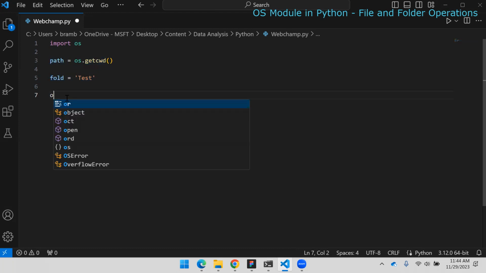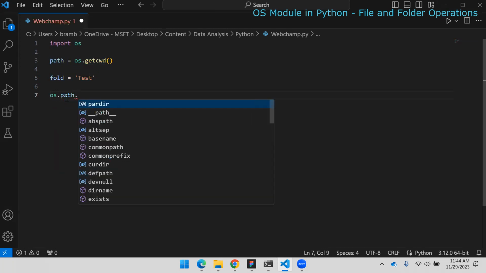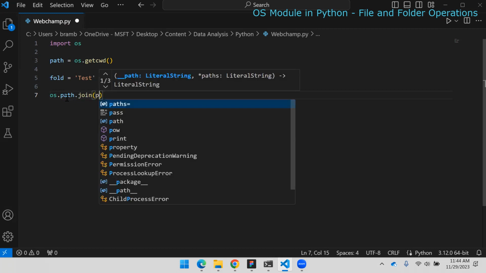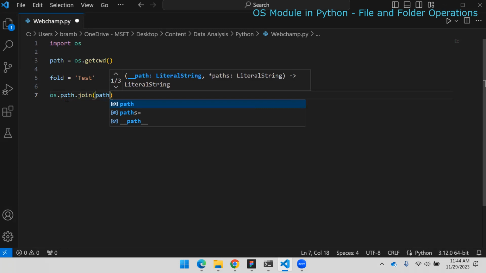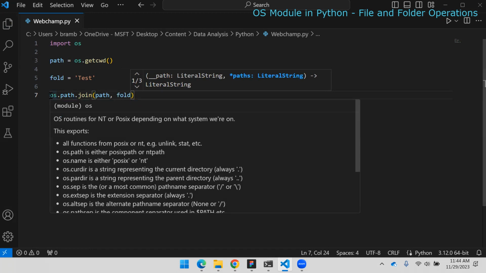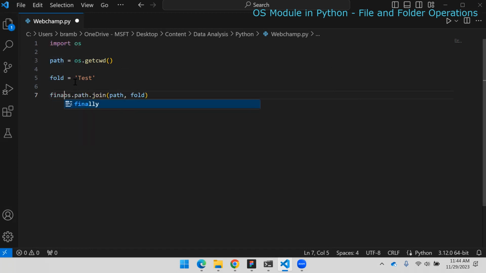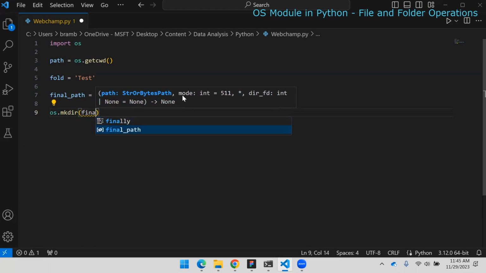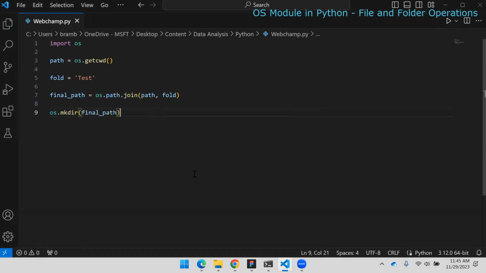In that case, you can use the os.path.join method to join this path. So I will say path, this is the main path, and then our sub path is sitting in the folder. Okay, so here I will say final path. And now if I use the mkdir, make directory function for final path, and now if I run this,